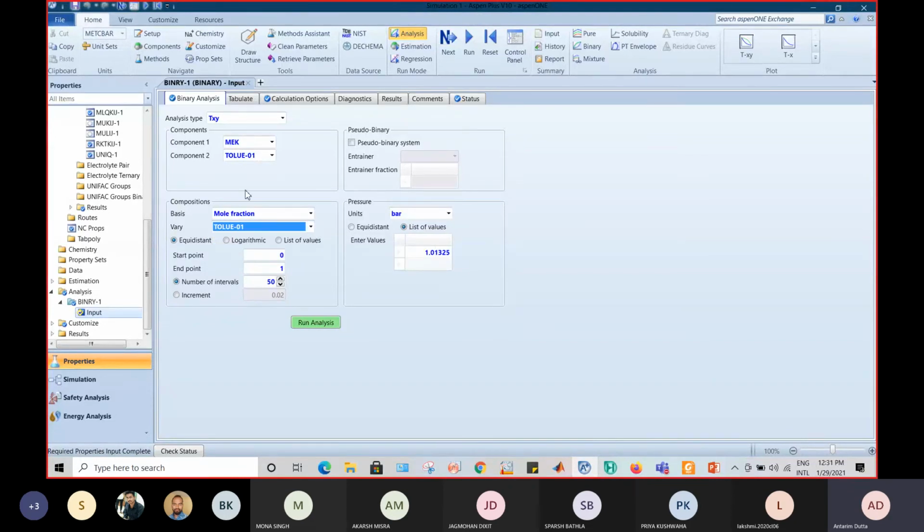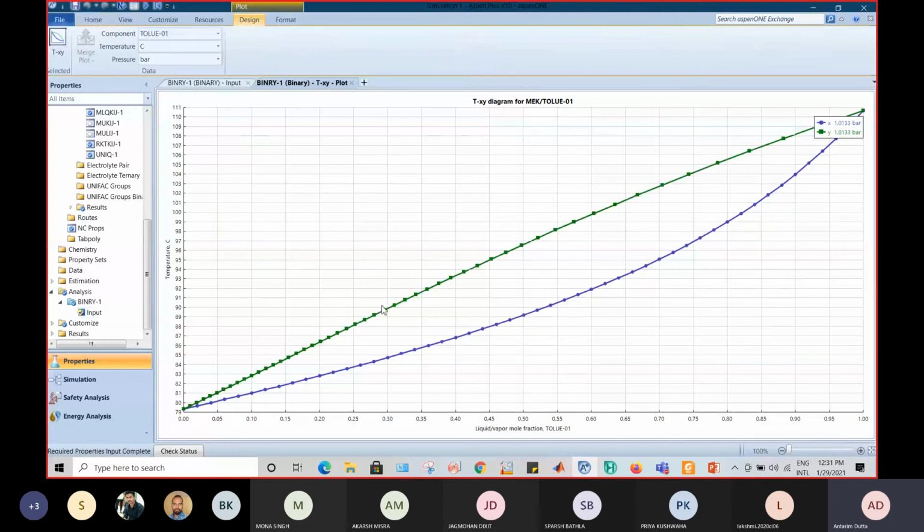नाउ लेट अस डू कि मैं अगर टॉलिन को सिलेक्ट करता हूं तो क्या इफेक्ट आएगा ग्राफ में, तो मुझे बस देखना है, अगर आएगा तो क्या आएगा। अगर मैं एनालिसिस करता हूं तो मैं देख रहा हूं कि जो मेरा TXY कर्व पहले यहां से स्टार्ट हो रहा था, यहां खत्म हो रहा था, अब यहां से हो रहा है, तो इट्स क्वाइट ऑब्वियस कि टॉलिन और MEK अपनी जगह बदलेंगे। अगर वो जगह बदलेंगे तो ग्राफ रिवर्स होगा, ठीक है। ये चल जाएगा, इट इज एक्सेप्टेबल।